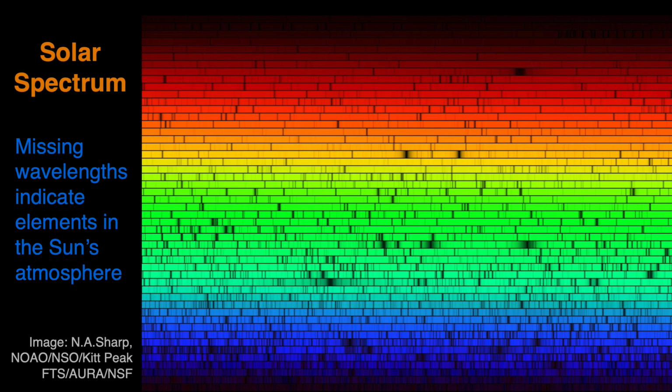What is happening is that as sunlight passes through the sun's atmosphere, the atmosphere absorbs specific frequencies of light based on the composition of the atmosphere. As such, by looking at which frequencies of light are missing and comparing them to a database of known frequencies of certain elements, we can figure out the composition of the sun's atmosphere. This is similar to what is done with surfaces of planets to identify compositions of their surfaces.